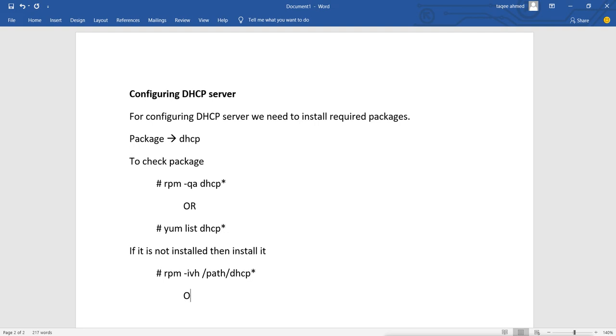Or if we have already configured the yum server, then we can use the yum install command, yum install dhcp*. So let's check in our machine whether we have the package available or not, and if it is not there, then we will install it.